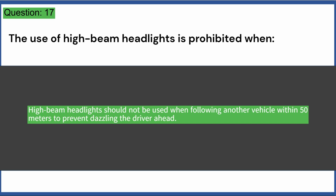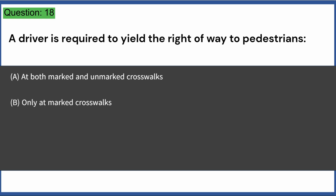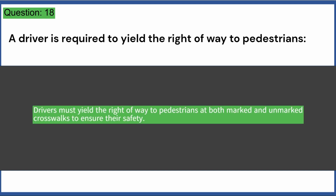driver ahead. A driver is required to yield the right of way to pedestrians: A. At both marked and unmarked crosswalks. B. Only at marked crosswalks. C. Only when traffic signals are present. D. When pedestrians are crossing diagonally. Answer A. Drivers must yield the right of way to pedestrians at both marked and unmarked crosswalks to ensure their